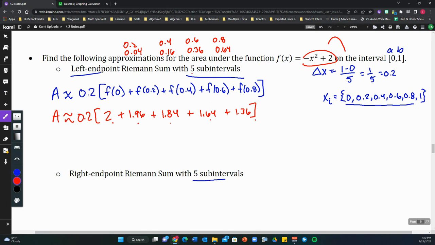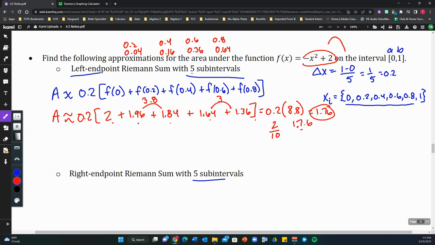So now we're ready to combine these together. We will get 0.2 times our total here. So 1.96, these two will add to be 3.8. These two add to make 3. So my total here will be 8.8. To multiply this, if you're trying to do it mentally, multiplying by 0.2 is the same as 2/10. So I can double this and then move the decimal point back 1 spot. That's what dividing by 10 does. So this would be 17.6, but when I move the decimal point back, we'll end up with 1.76